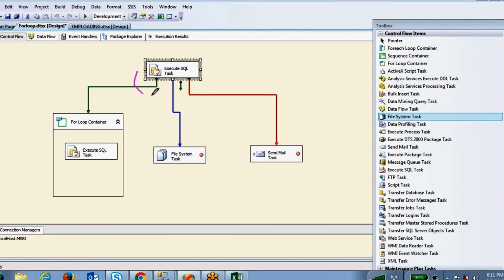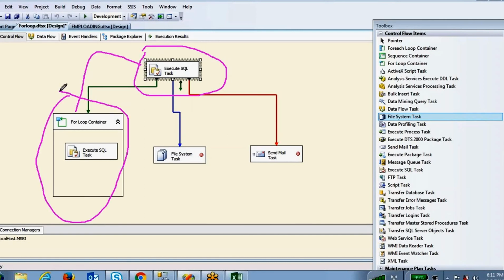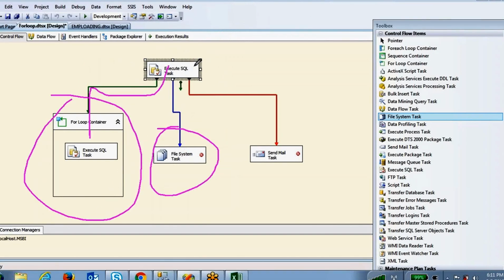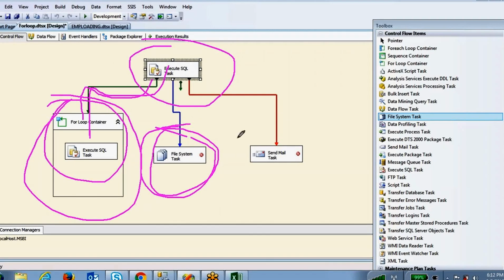So you mean first it will execute this one, then it will come here and execute this one, right? Yes, and also it will execute this one, of course, because this condition is a completion condition, whether it's success or failure. This is success, that means execution completed. It doesn't mind about the status, so it will execute both this one and this one. First it will execute this one, and then on success it will execute this one and as well this one. It doesn't go to the failure.